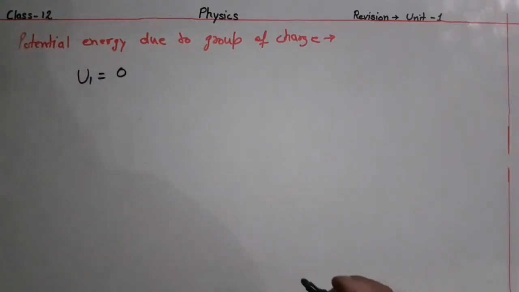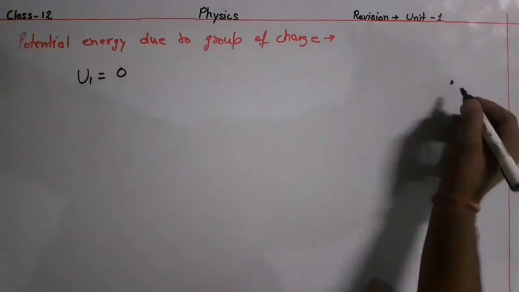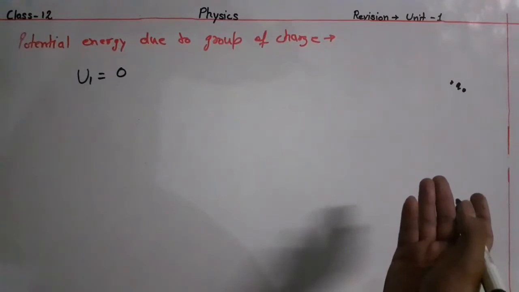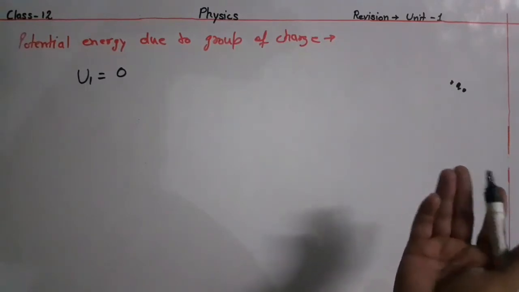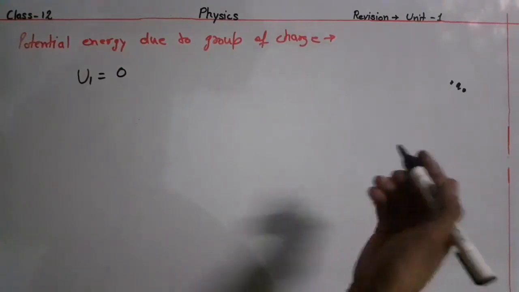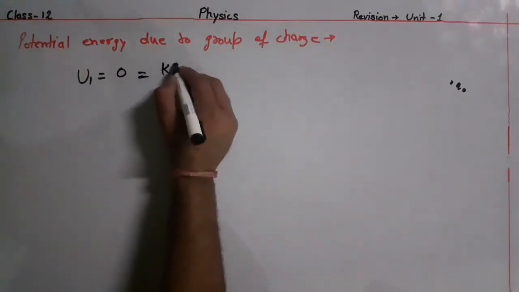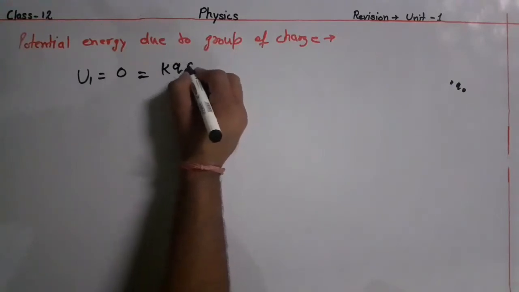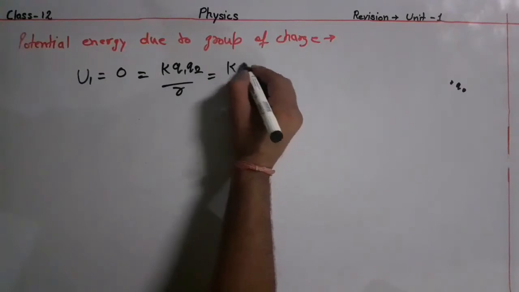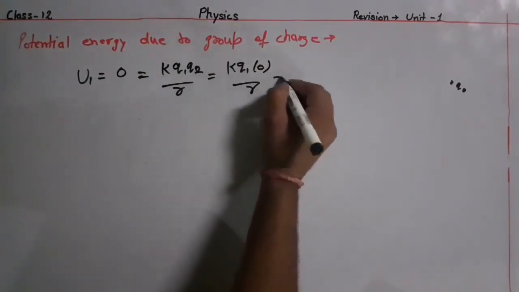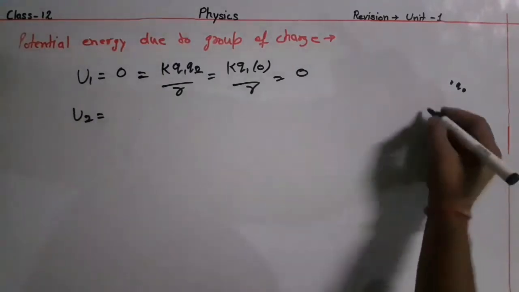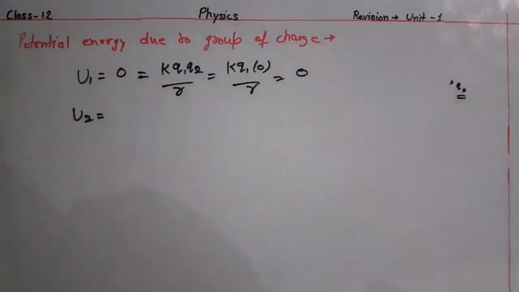Potential energy for the first particle is always 0. Why? Because in empty space, if we have one charged particle and we need to apply some work on it, then there is no force opposing it. Or in simplest form, if I write the formula for U, which is equal to K Q1 Q2 divided by R square, if there is no charge Q2, this formula is Q1 into 0 by R, or we will get 0. Similarly, U2 will be equal to, now we already have a first charge here.